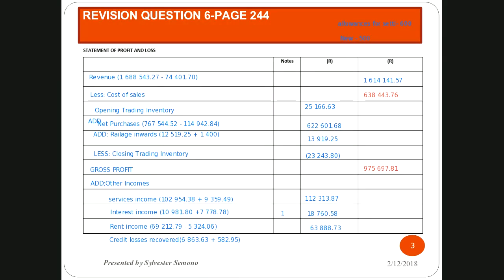The existing allowance, if you can check here, on page 244, it was 1235. But now they say it must be 786, meaning we have to decrease the old one to become the new one. The fact that you are going to decrease, it means this adjustment qualifies to be other incomes. So I'm going to have under this, under the other incomes, allowances